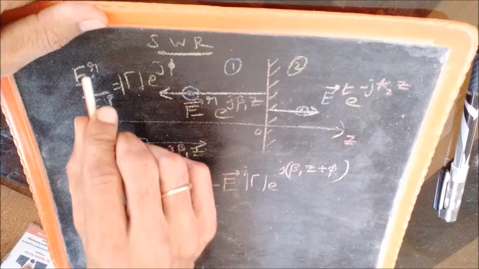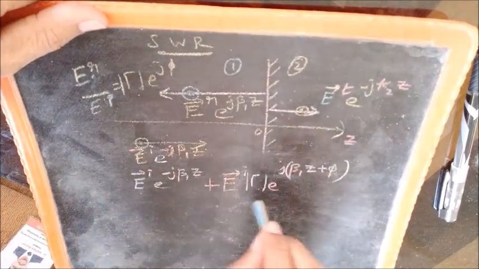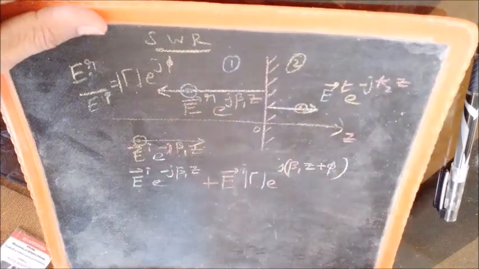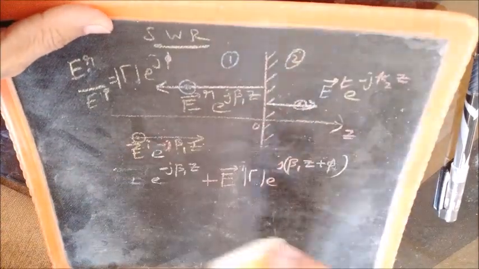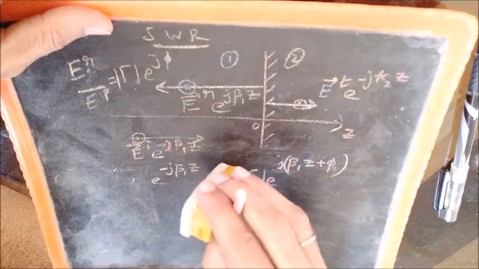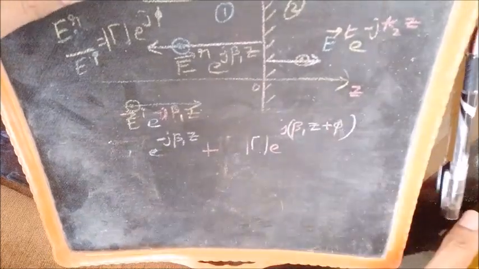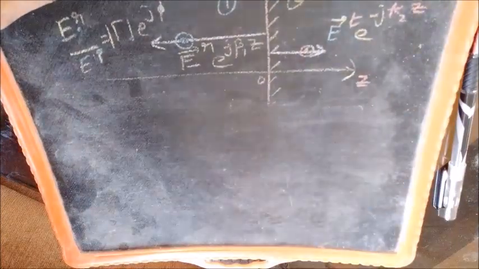And since the direction of ER, the vector direction, is the same as the vector EI, we can simply write it like this. Now, for further discussion, I will drop this because it's just a common term which is there. It can be added in the end also if required. So we'll drop this for further discussion. And now we have with us an expression like